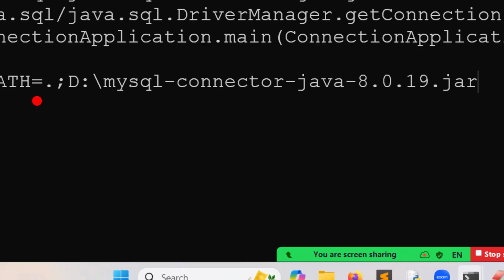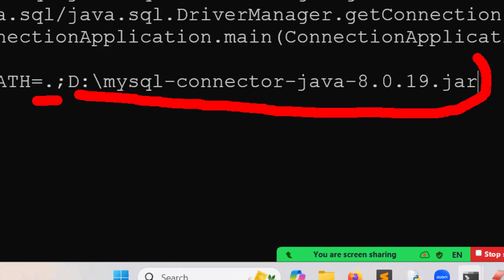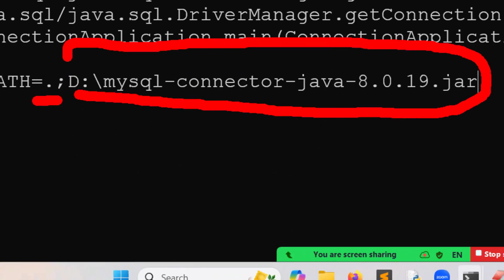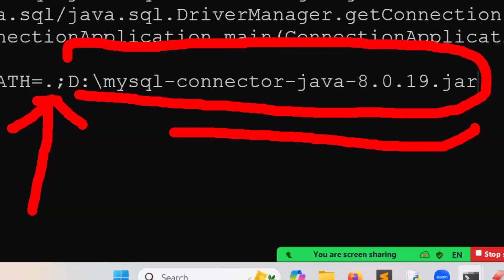One entry, current working directory, semicolon, one more entry, the driver software location. Dot means from the current working directory, my main method class can be loaded. And from here, the driver software is made available.